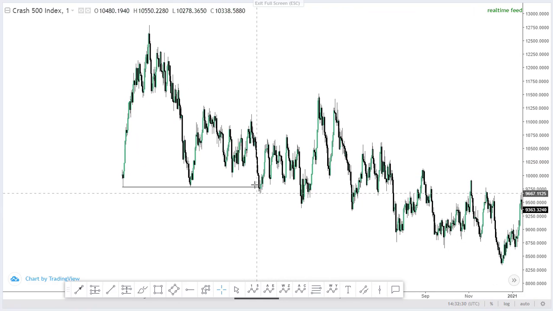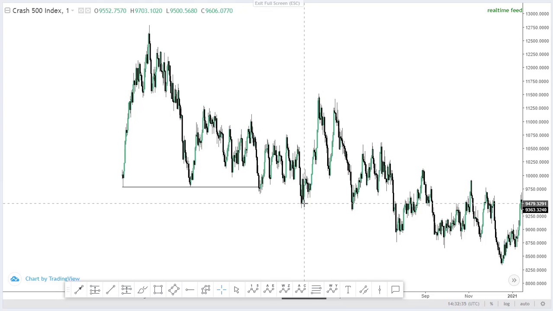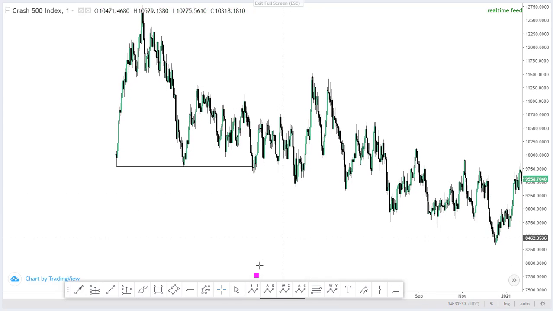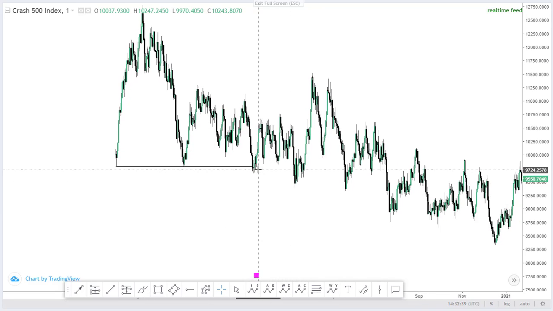Market has taken the low on this level, created a return pullback, and then created a new lower low on this level. Everything we have here from this low